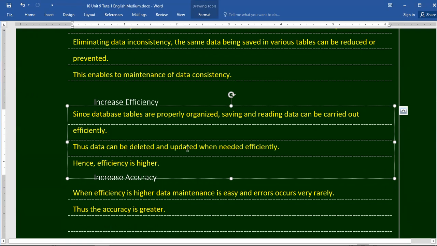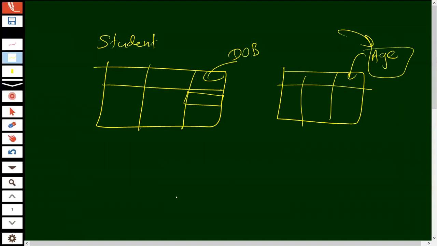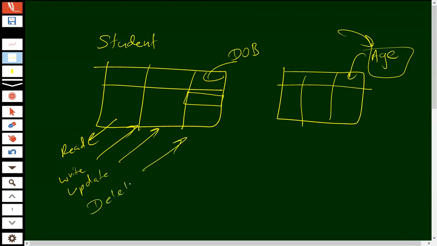This data can be deleted and updated also very easily, because there are four types of data maintenance terms. Let's say we have to get data from tables. We can say read data from tables. We have to read, and we have to write on the tables, and sometimes we have to update data, and sometimes we have to delete, find and delete.